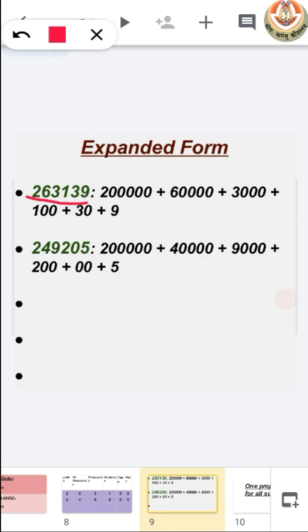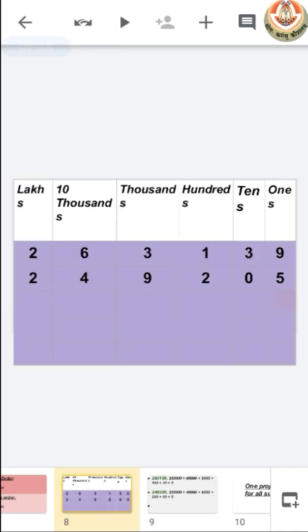When we expand it, we have 2 lakh plus 60,000 plus 3,000, then 100, then 30 and then 9. This is all according to their place value in the place value chart.